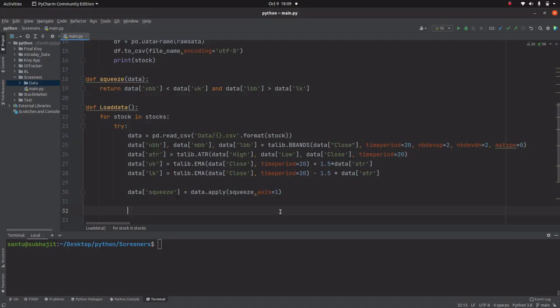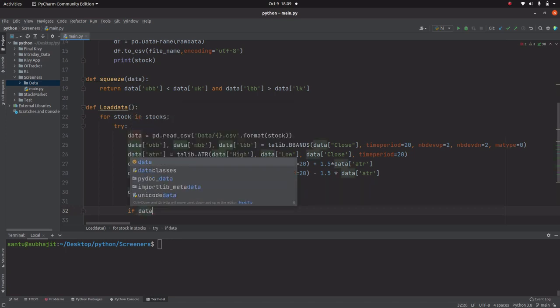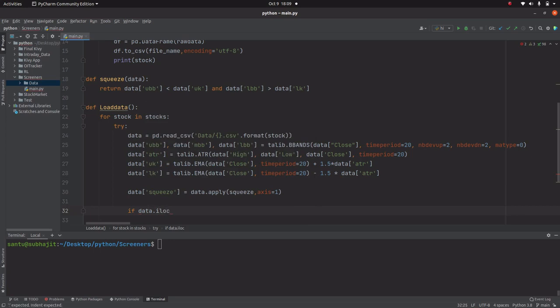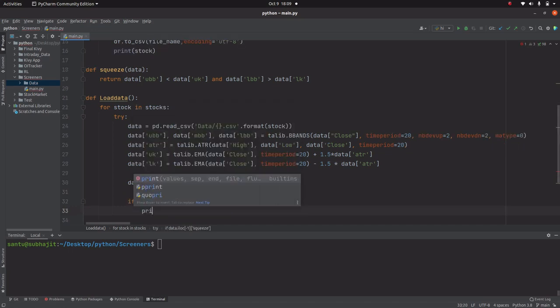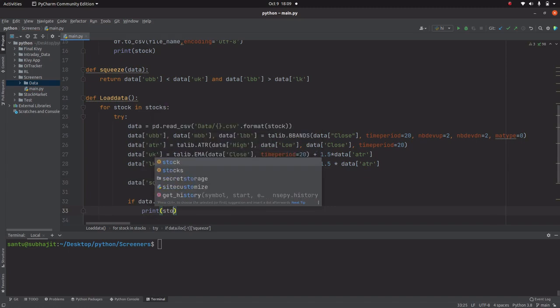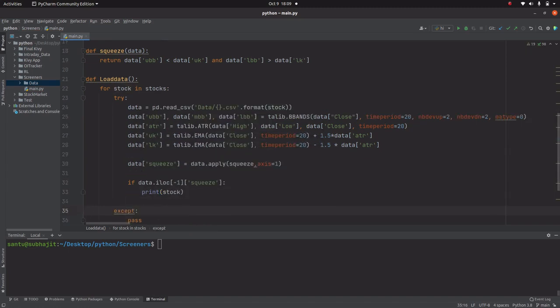So to do that we need to take if data dot iloc -1, -1 is the last candle, if this squeeze is true then we will print the stock. So we have written the code for finding out the stocks who are in squeeze. So let me save the file and let's run.